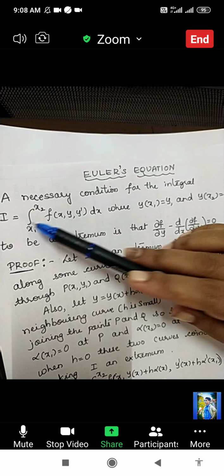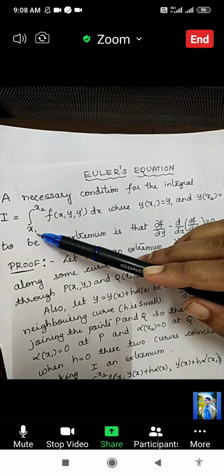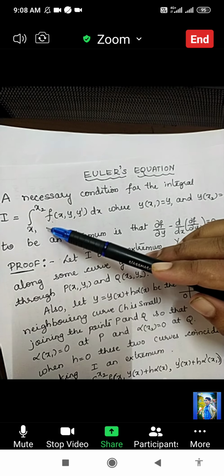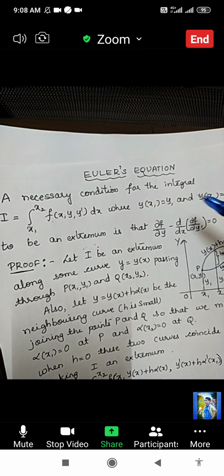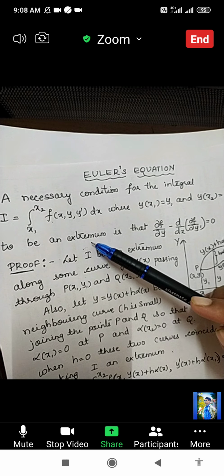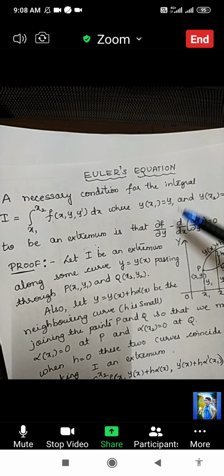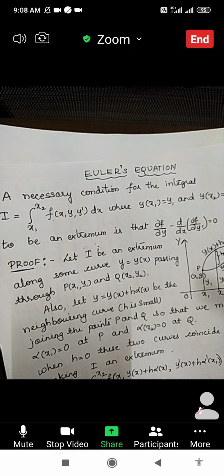So for this functional. Why is it a functional? Because we have seen functional means an integration on a function, and variation means differentiation of that function, delta. For this functional to have a maxima or minima, it has to satisfy this equation. This is called Euler's equation. This is very important because in calculus of variations, till the last part, we are repeatedly using this. So be clear, these are dou and this is d.